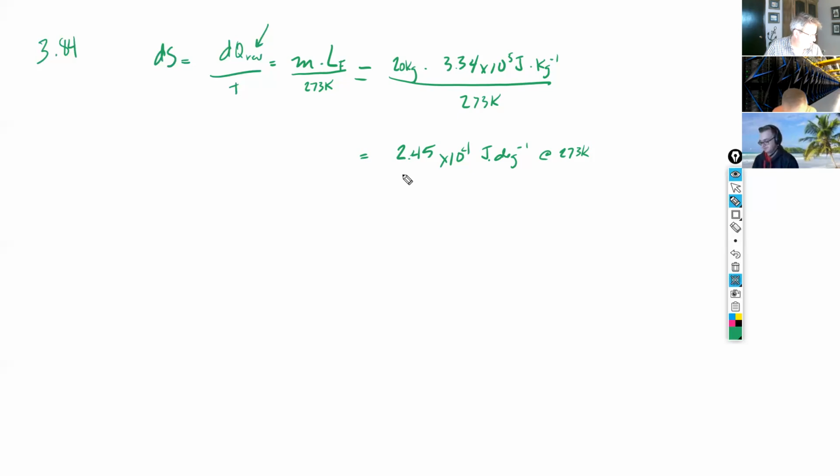And so I use the same concept. If I use the same formula, this is going to be 2.45 times 10 to the